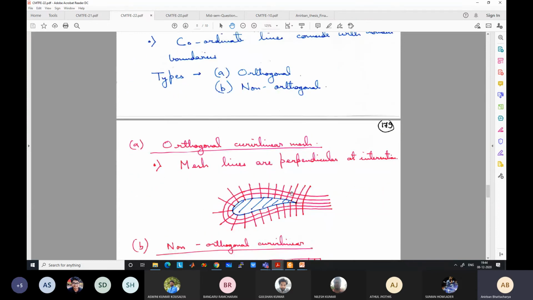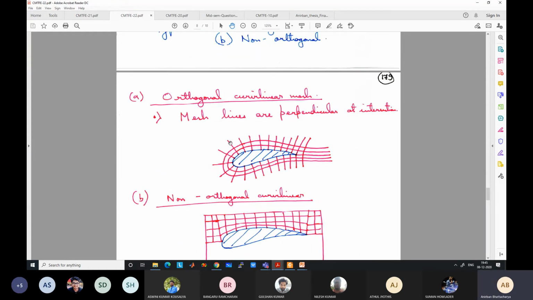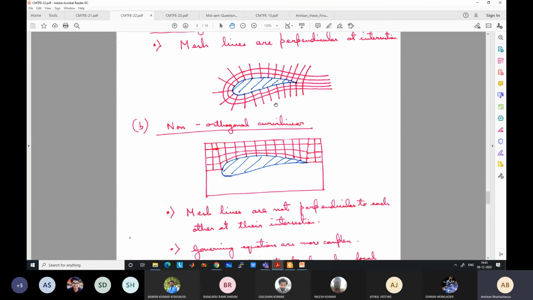Another body fitted grid is the same thing, but instead of perpendicular, we take the non-perpendicular case, which may be required in some cases where you cannot take orthogonal grids. Say here we could have taken orthogonal, but just to show you an example, I have shown you a non-orthogonal curvilinear fit. But there may be other complicated cases where you cannot take orthogonal. So for example, here see this coordinate line. Again, it is just increasing I 1, 2, 3, 4, 5, 6, following a linear pattern, and J is increasing along these directions.